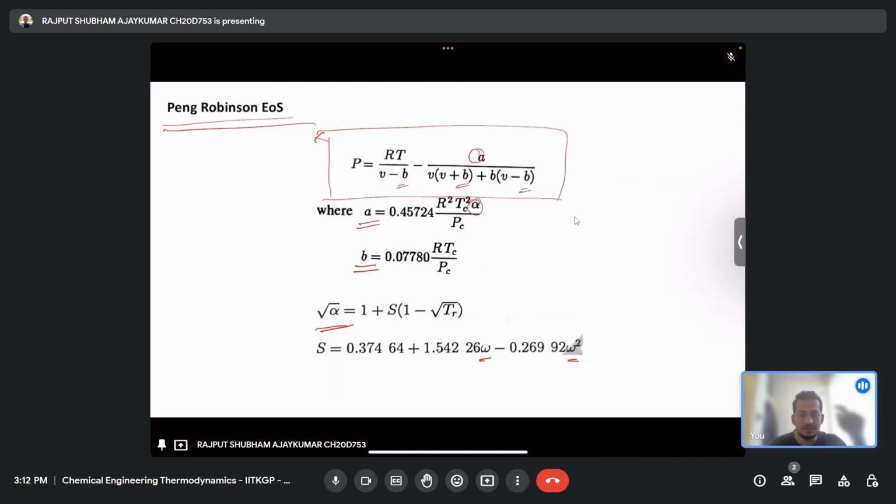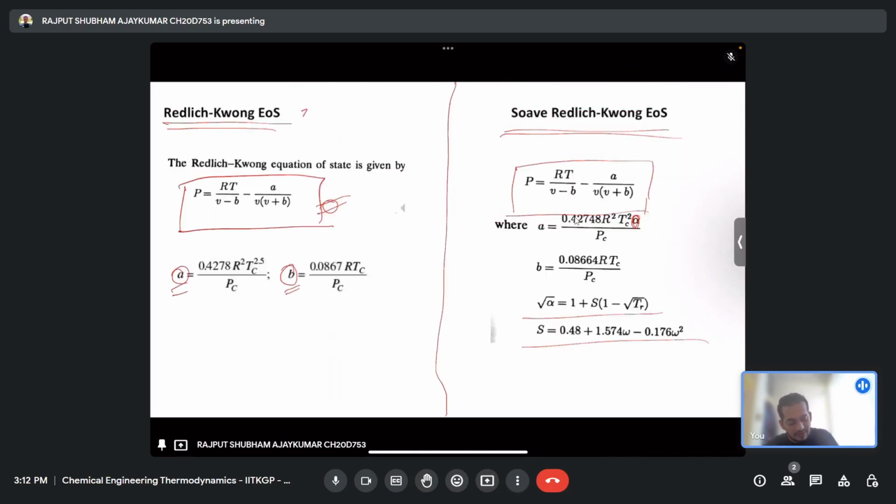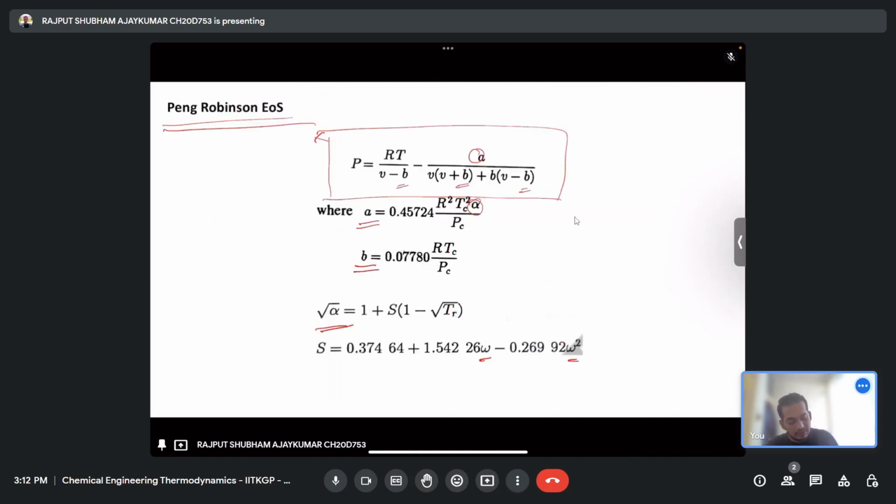So like I said, like we have shown, these are the four non-ideal gas equations of state. The first is van der Waals, second is Redlich-Kwong, third is Soave-Redlich-Kwong, and the fourth one is Peng-Robinson. Okay, so these four non-ideal gas equations of state you please keep in mind, apart from the ideal gas equation of state. So we'll try to solve some of the numericals related to this in the upcoming lectures also,